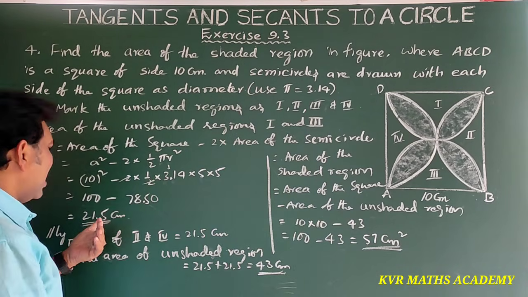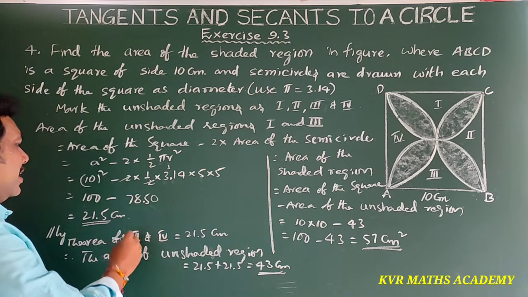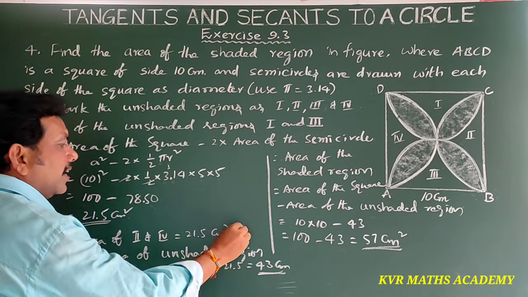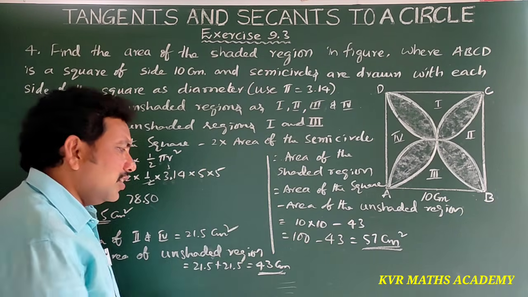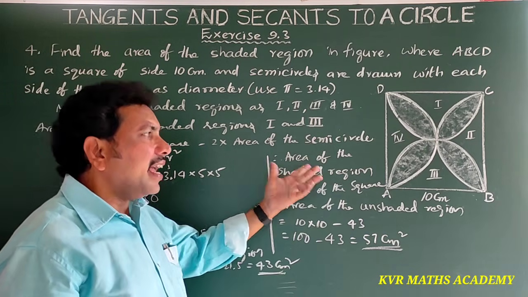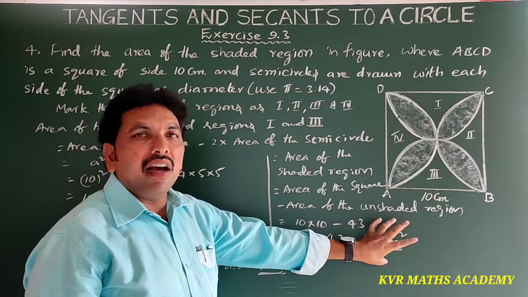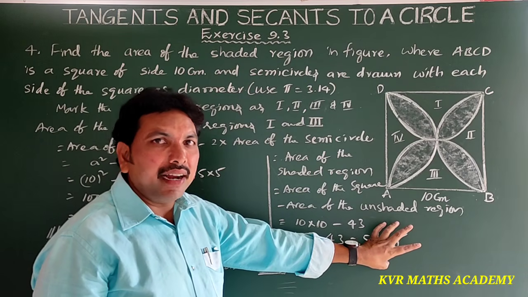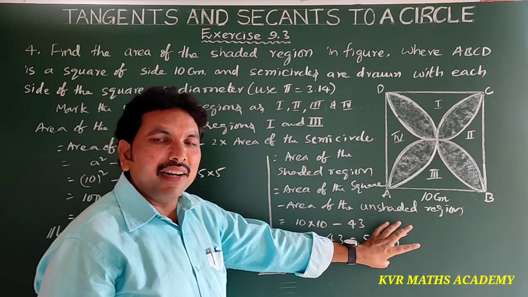Here also we have to keep the area of the unshaded region, here also square and here also square. Understood? This is also square only. Whenever we find the area, then it comes in units of squares, right? Unit square we will get.